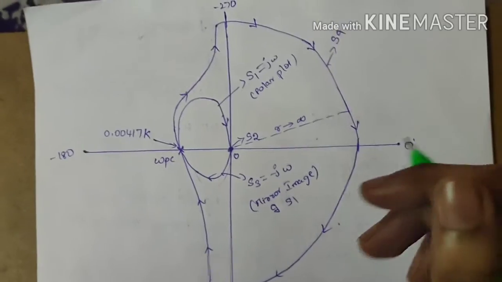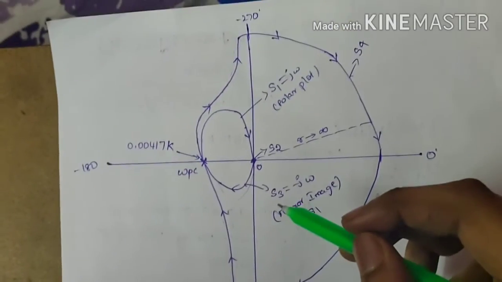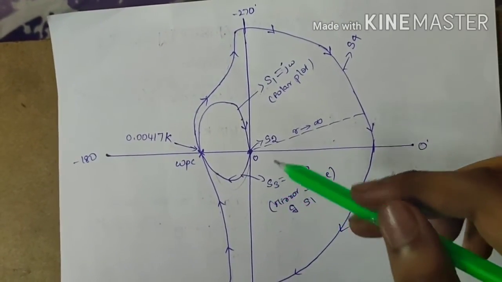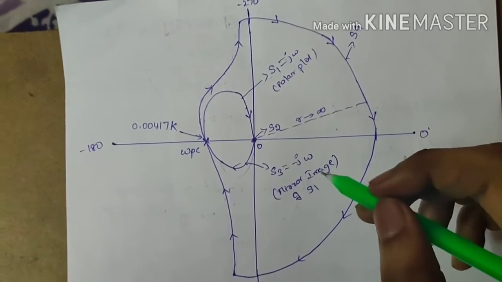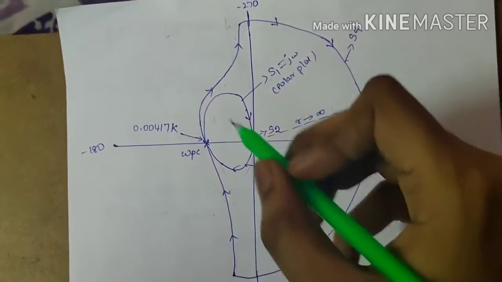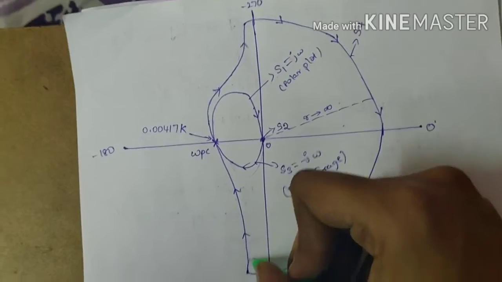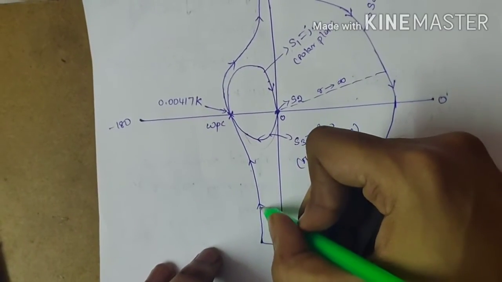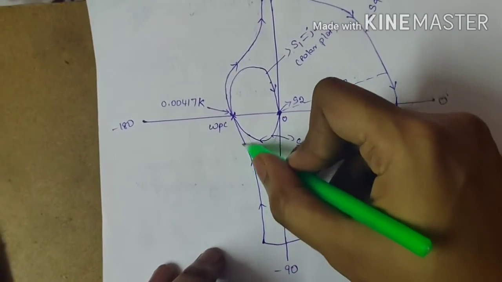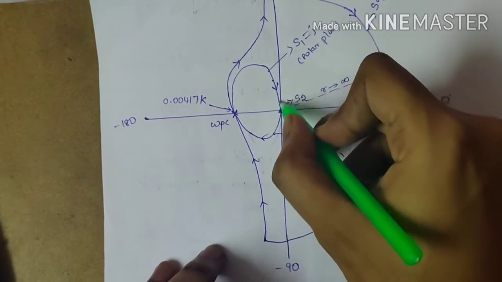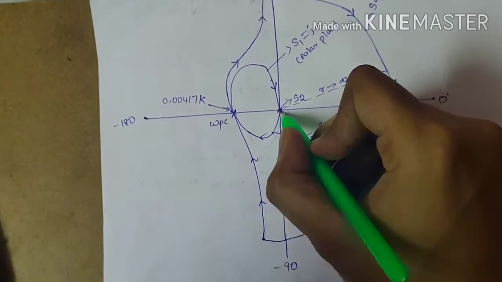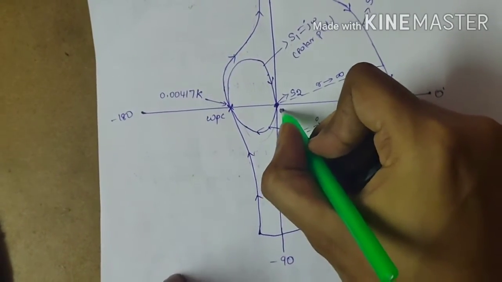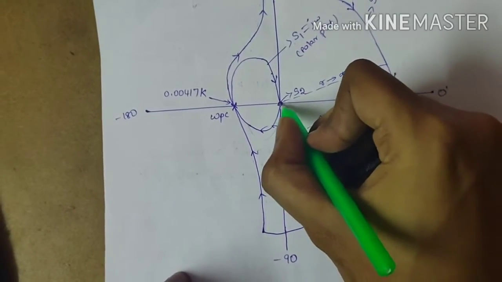So this is the final Nyquist plot. After finding all the sections S1, S2, S3, S4, just draw the plot. First we find S1. S1 is traveling from here to here. This is the starting point of the S1 polar plot. It started here, traveled up to here, and it will end at 0. Next, what is the S2 value? S2 value is 0, so the radius is 0. It will stay at the origin.